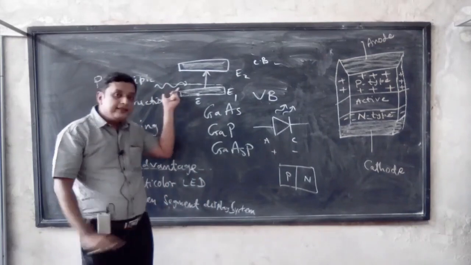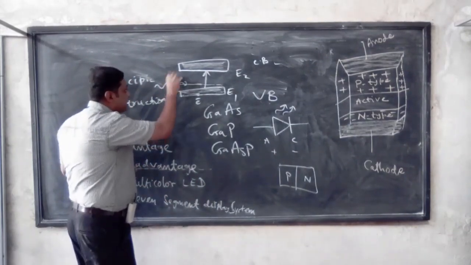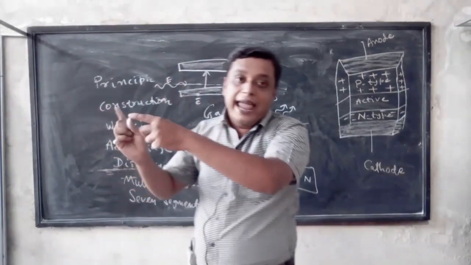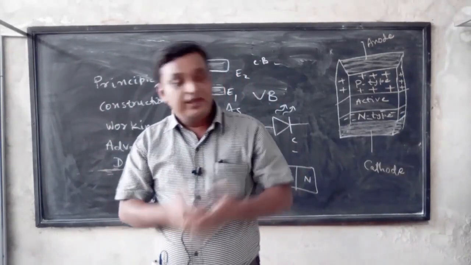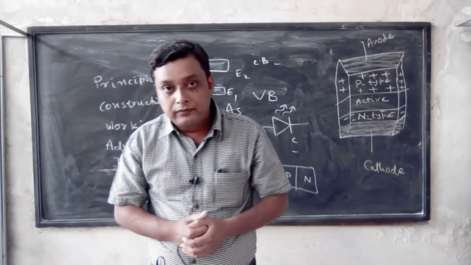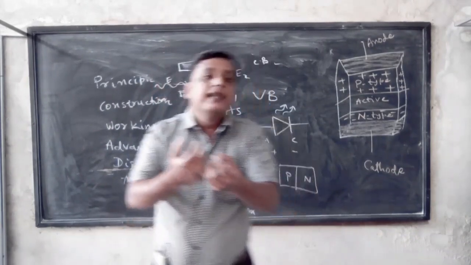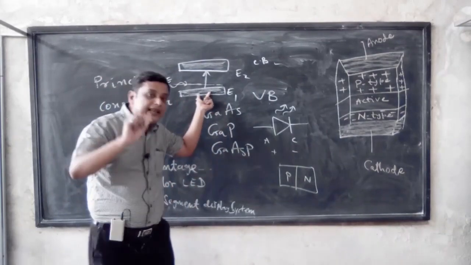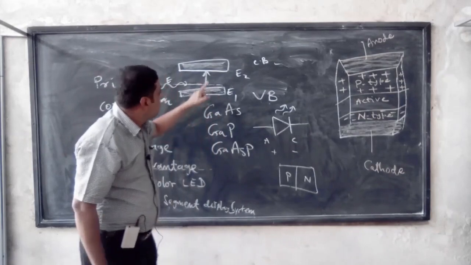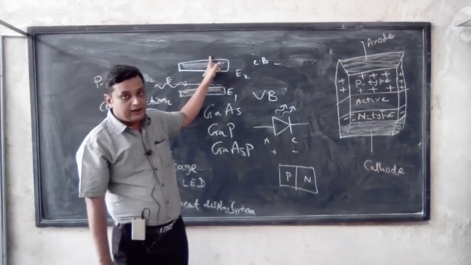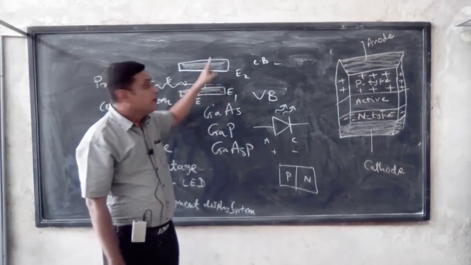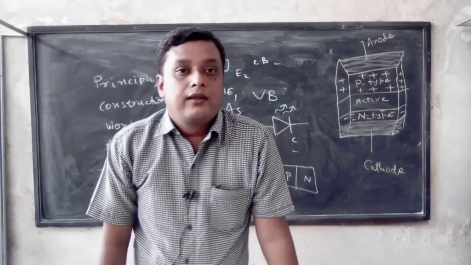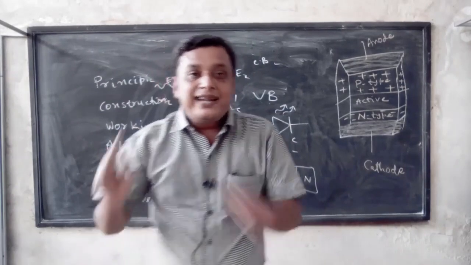Whenever I am applying this light energy, that is represented by E. So I am applying a light to the semiconducting material. The electron in the valence band is able to absorb this light, and this electron will make a transition from a lower energy level to a higher energy level, from an E1 energy level to an E2 energy level, or from the valence band to the conduction band. Ultimately, light is being absorbed.